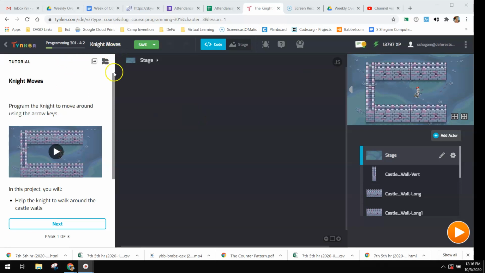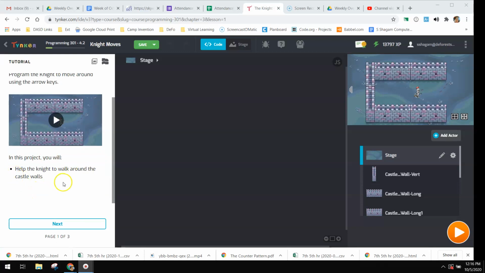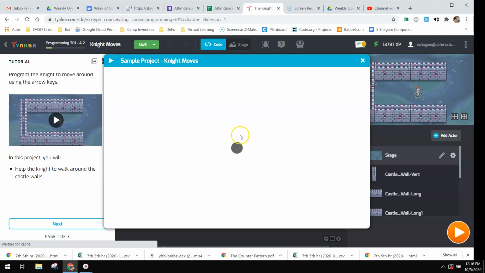Lesson 4, Programming 301, Motion and Tracking. This is the walkthrough for the different levels, and the first thing that you're doing is something called Knight Moves, and in this one you're going to help the knight walk around the castle walls. So if we look at the example,